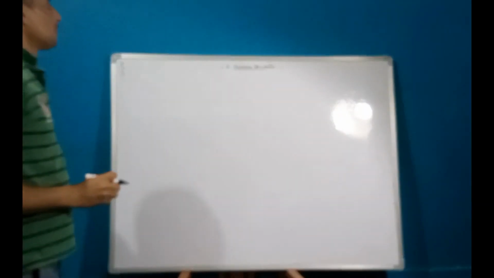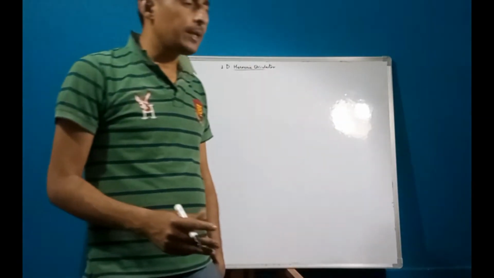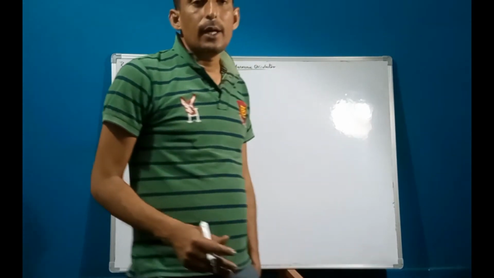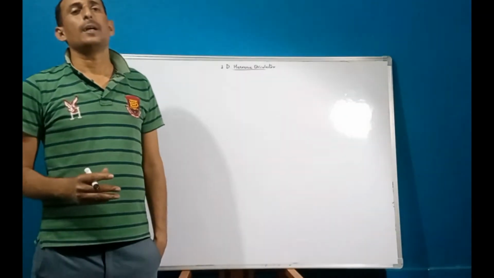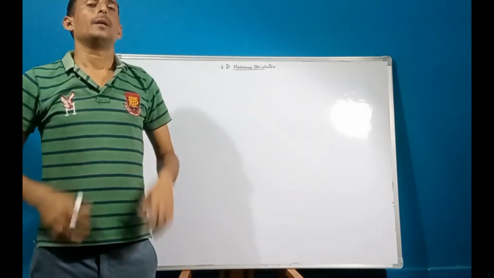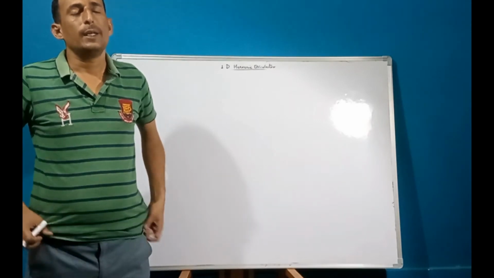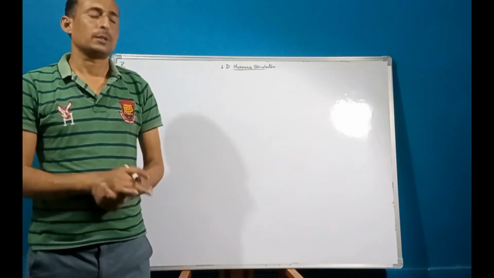One dimensional harmonic oscillator. Now the question arises, what is a one dimensional harmonic oscillator? A harmonic oscillator is a particle or a point which oscillates about its mean position, which oscillates or perform